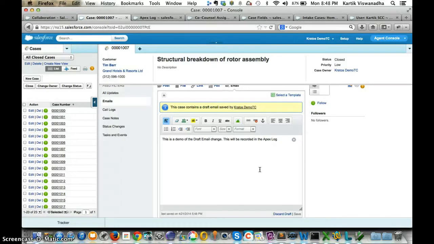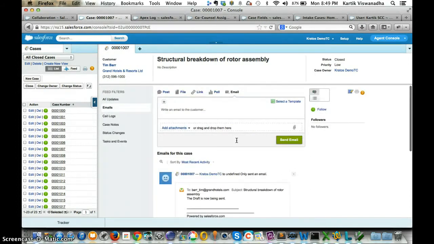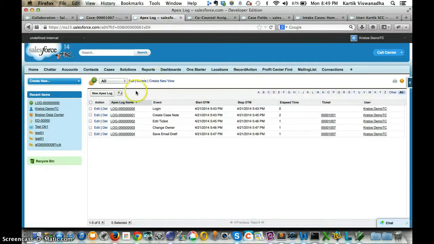You need to make sure that the draft email is sent first. So the email is sent. If you go back, that's the email that's sent.